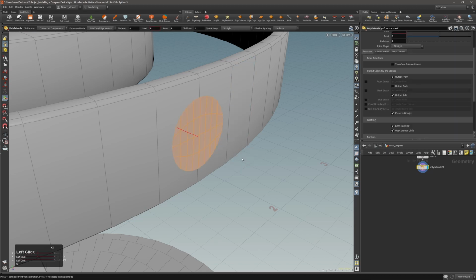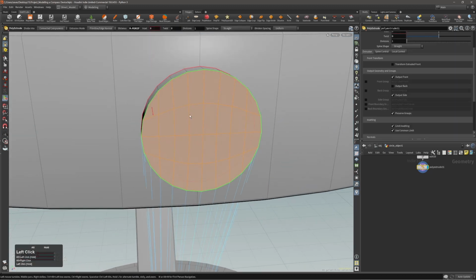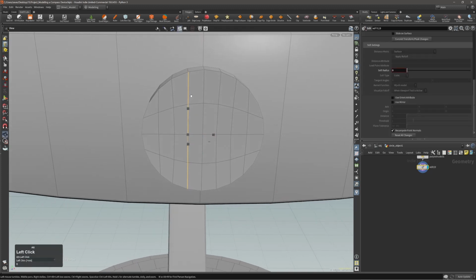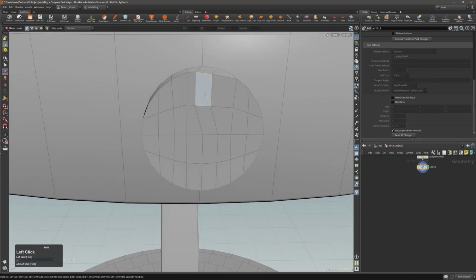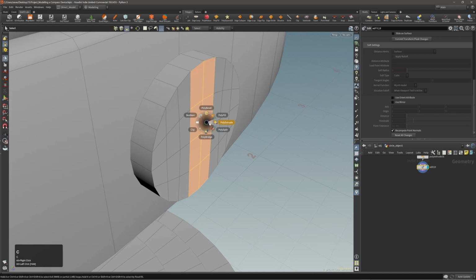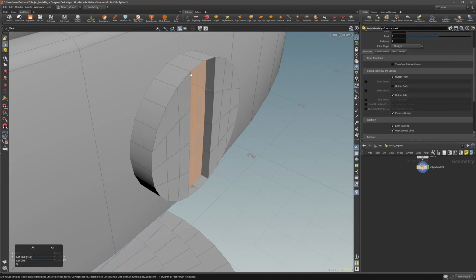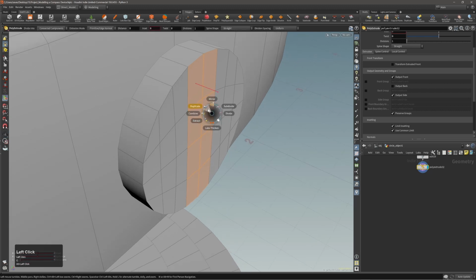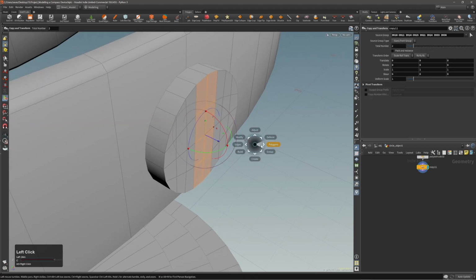Okay, that now should work. So let me select this, make it straight. And now let's select these. And if you actually extrude inside, you see we have this problem. So I can simply duplicate, extrude,